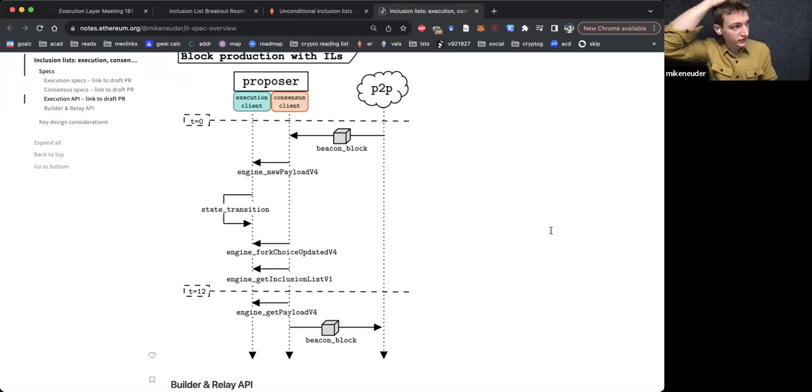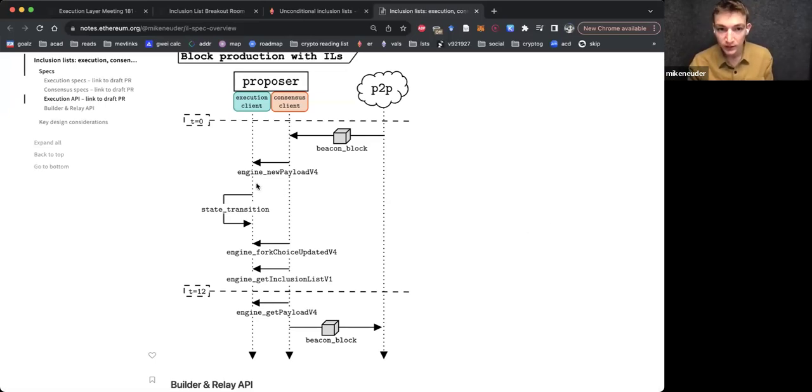There are two approaches here. You could limit the inclusion list based on gas, which obviously you have to do. You could also limit it on number of transactions. I think just limiting it on gas makes a little more sense. If you had a max number of transactions per inclusion list, you would just take the amount of gas and divide it by like 21,000. I think constraining it both on number of transactions and gas is a little weird.